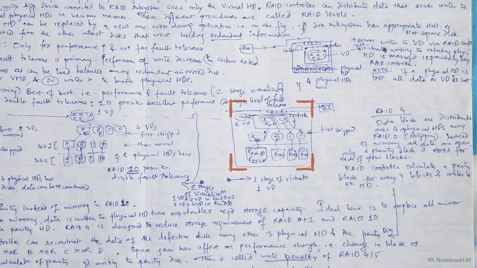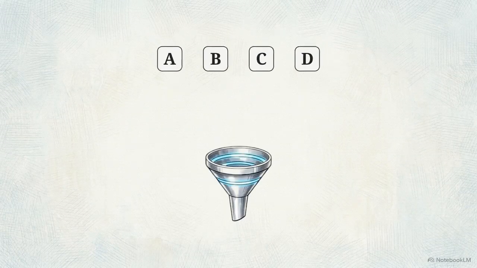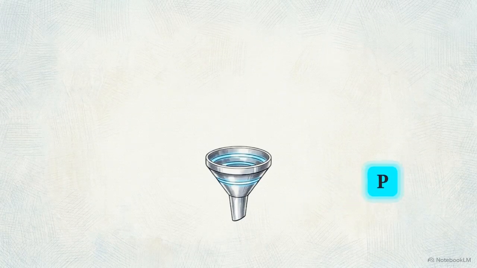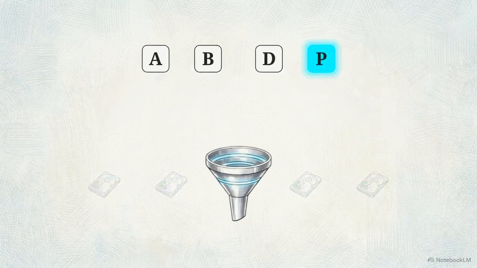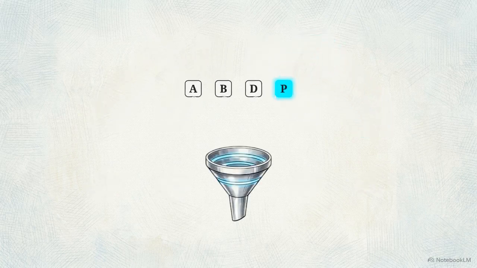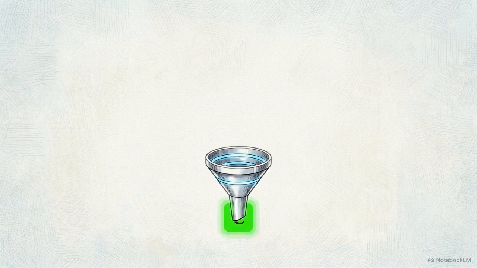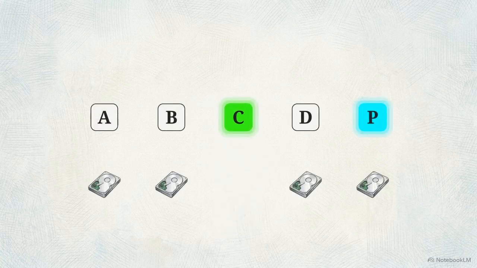This matrix shows the RAID 5 distribution map. The controller stripes standard data blocks across the physical drives, but reserves one block space in the array exclusively for parity data. Parity is calculated using a logical XOR equation. By running the binary values of the data blocks through this formula, the controller creates a mathematical sum. If any single physical drive in the array fails, the controller reverses the math, using the surviving blocks and the parity sum to reconstruct the missing data in real time.